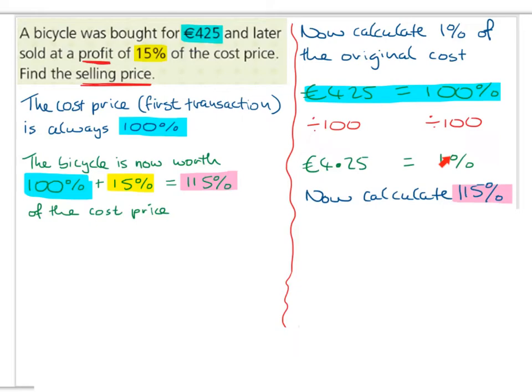So multiplying 1 by 115 will give us 115%. But what we do to the right, we must do to the left. So we multiply 4.25 by 115 and we multiply 1% by 115. So 1% is going to now become 115%,